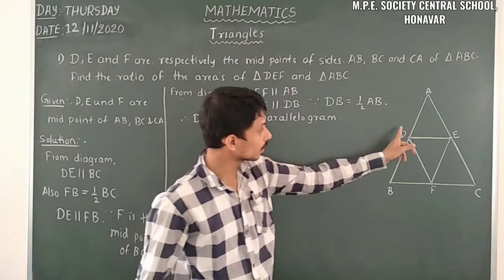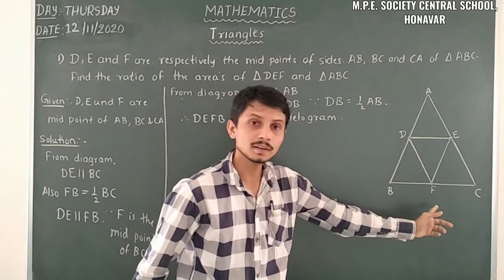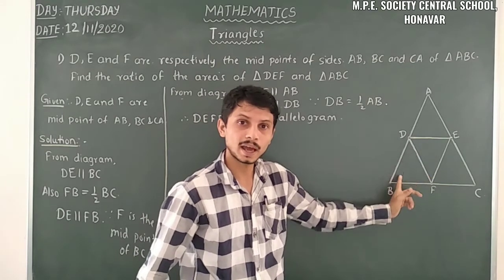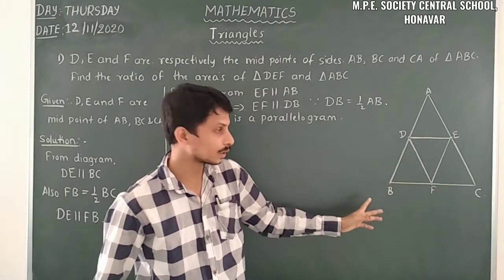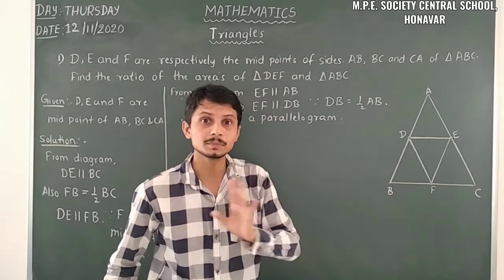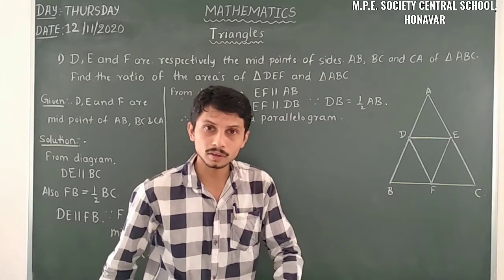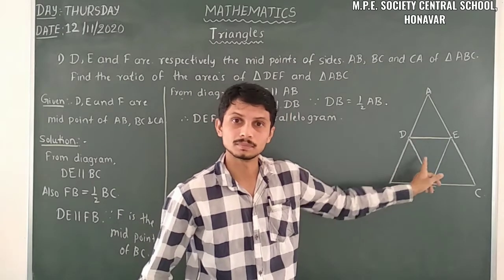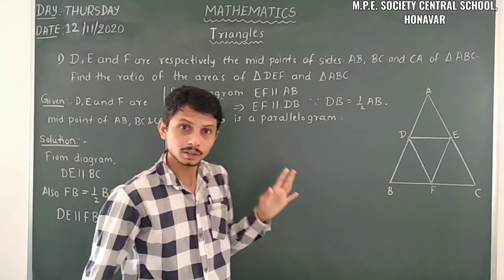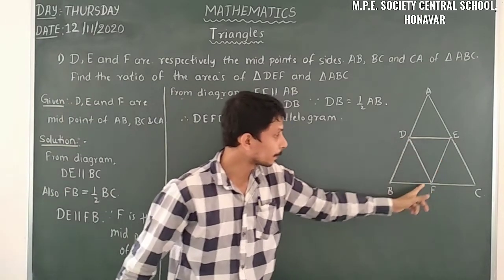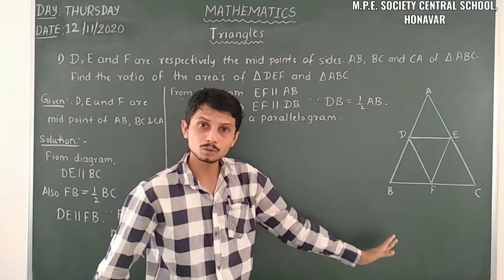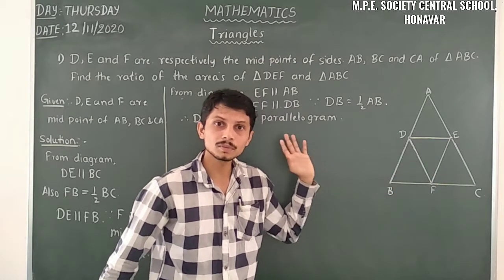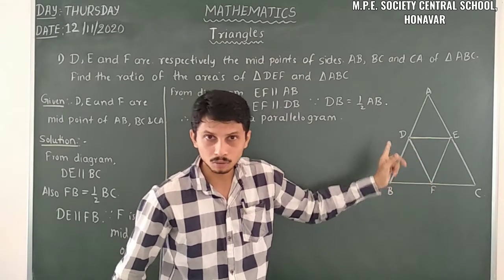So this parallelogram is split into two parts by this diagonal DF. So here we have two triangles. We have to prove that these two triangles are congruent, not similar. When they are congruent, the area of this triangle and the area of this triangle are equal. I first proved it is a parallelogram, then we have to prove these two triangles are parts of the parallelogram and that they are congruent.